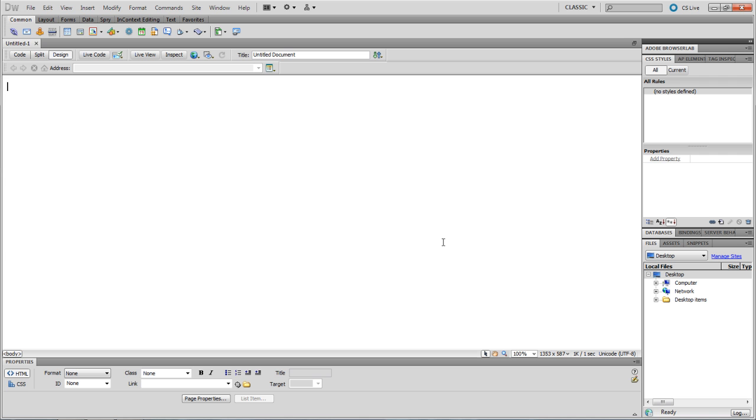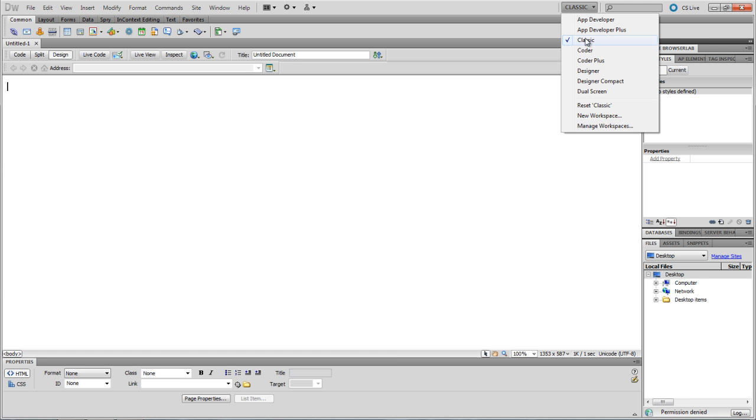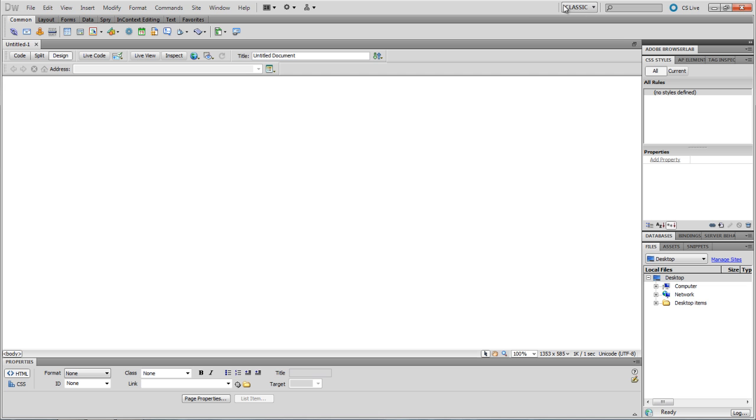Just to explain the different sections so that you're somewhat familiar, because when you first start Dreamweaver there's just a lot on the screen and it can be somewhat overwhelming. So just to explain a little bit before we get into it, first off, I'm going to make sure that we have the same look here, and it's possible that some people may have different looks. So what you're going to go up to is the workspace switcher right here. Click that drop down and go to classic, and so once everybody's on classic, we'll all have the same workspace